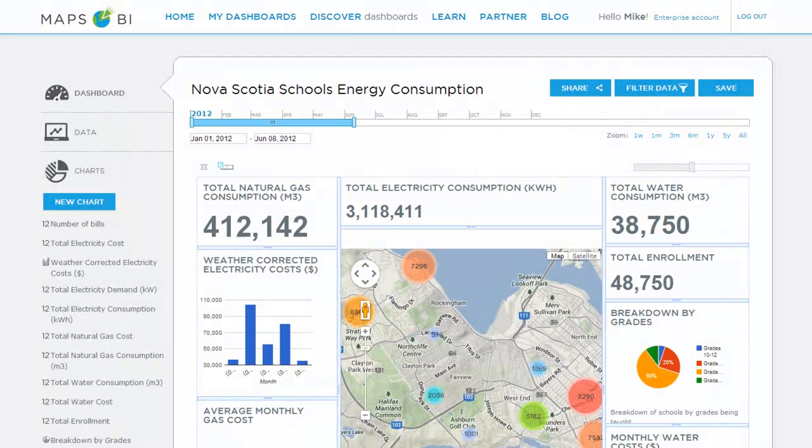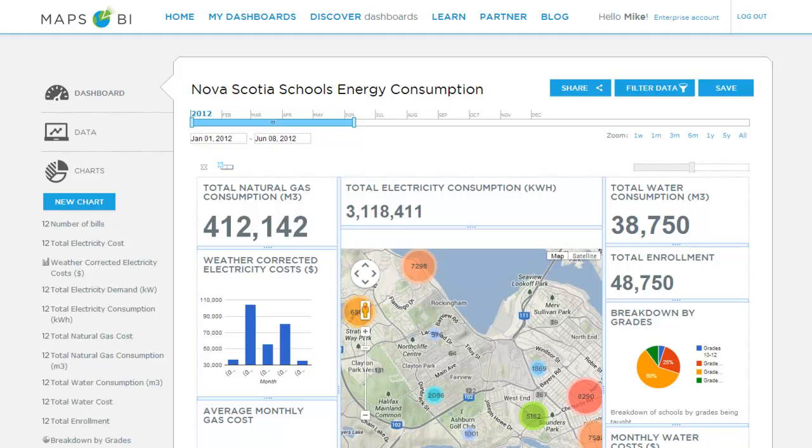Since we've launched Maps BI, we've had a number of different comments on how stunning the dashboards end up looking. However, it's not always immediately apparent that you can take the default dashboard that Maps BI ends up creating for you and turn it into something that you really want to see. So a dashboard that has a map up at the top, a few charts down beneath, anything that you'd like to see. So what this tutorial is geared at doing is showing you how you can take Maps BI's default implementation of a dashboard that it creates for you whenever you upload a file